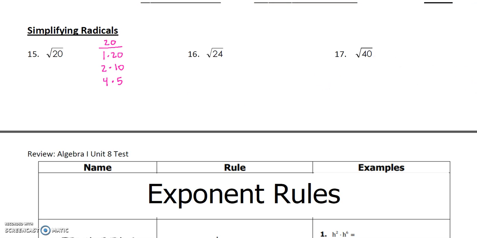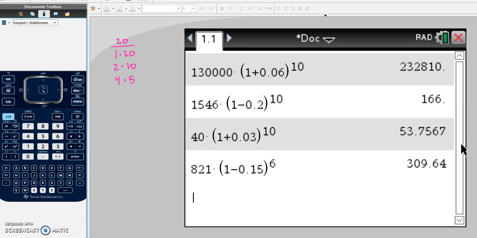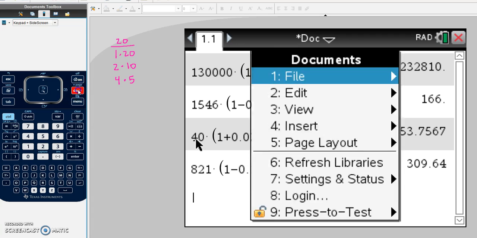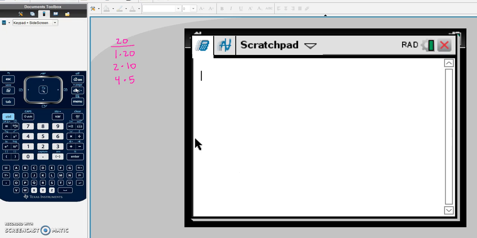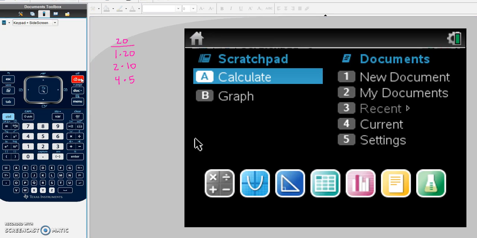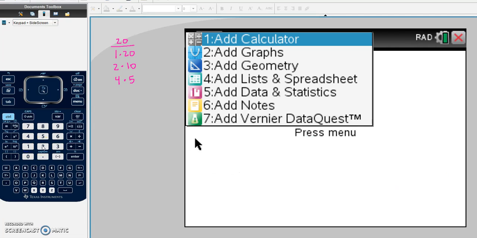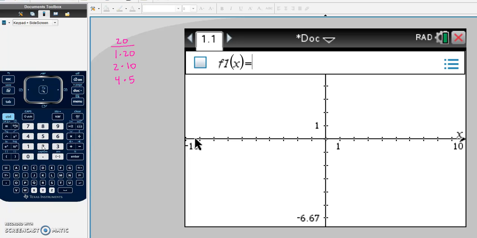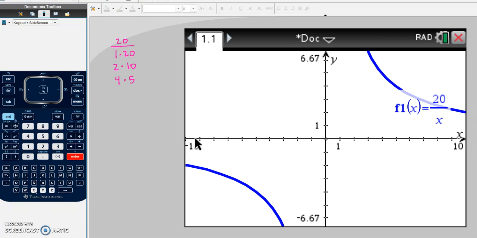If we don't know how to do that, we can always find it on the calculator. So let me get that pulled up, and I'm going to show you how to do that. Okay, so on the calculator, let me clear this off. Okay, so on my calculator, actually I need a graph. So I'm going to do 1, save nothing, 2. Okay, so at the graph, whatever the number is, and in this case it's 20 that I was trying to factor. So if I do 20 divided by x and hit enter, sometimes I'll see my graph, sometimes I won't,